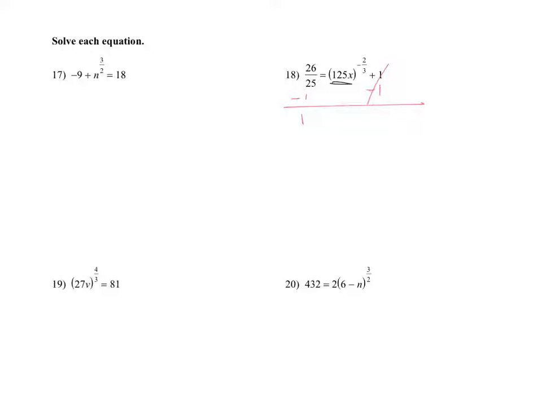Okay, you should be getting 1 over 25 equals 125x to the negative 2/3. Okay, now that my base is isolated, I can raise both sides to the 3 over negative 2, or the reciprocal power. Again, anytime I multiply a fraction by its reciprocal, they're going to cancel to 1. So I'm left with 125x equals, now please put this into the calculator,